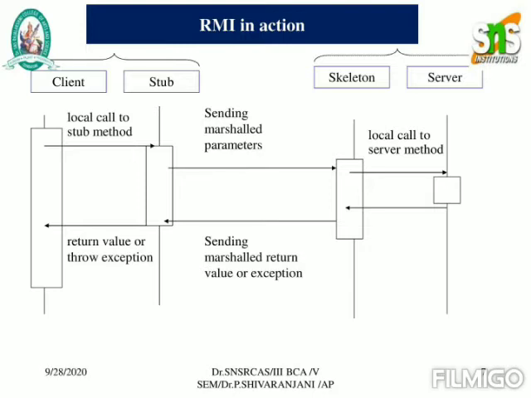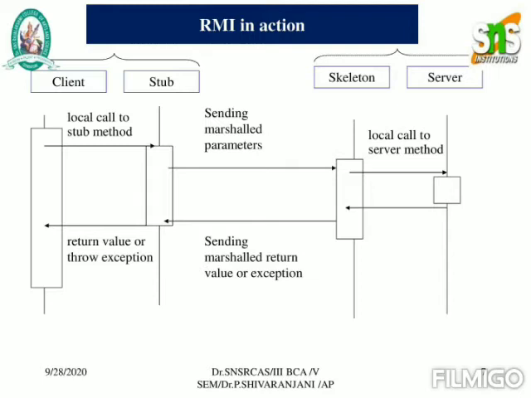So then the particular request made by the client will be stored in the skeleton, and it will go and search for the particular request which is available inside the server. Then, if the particular data or the value is available in the server, it will provide a response to the client. That is, the server will marshal the return value or an exception, and it will be received by the client, whether it is the value or any error.